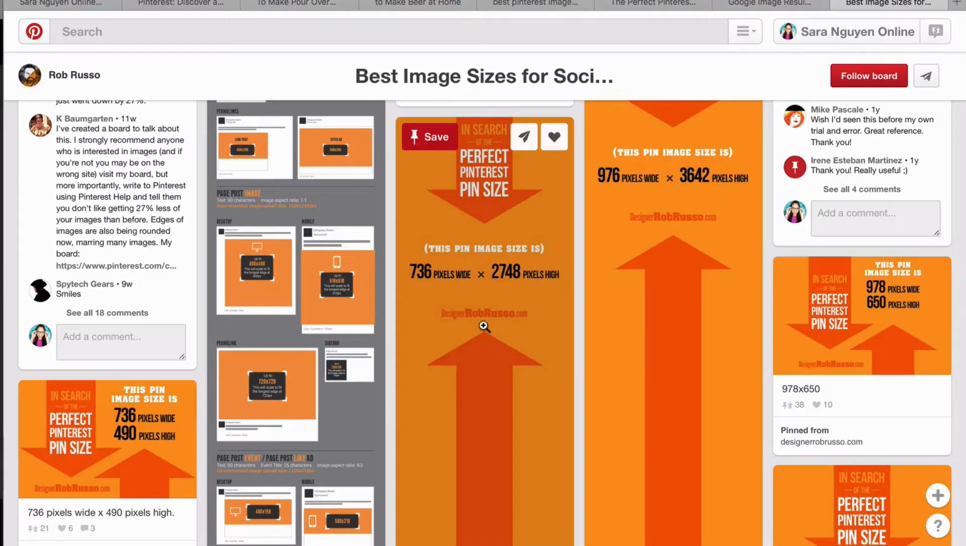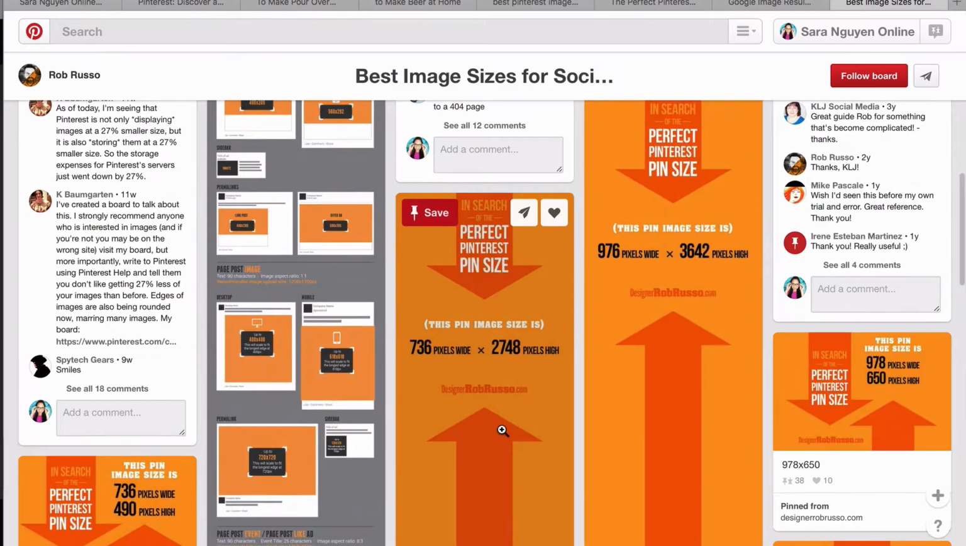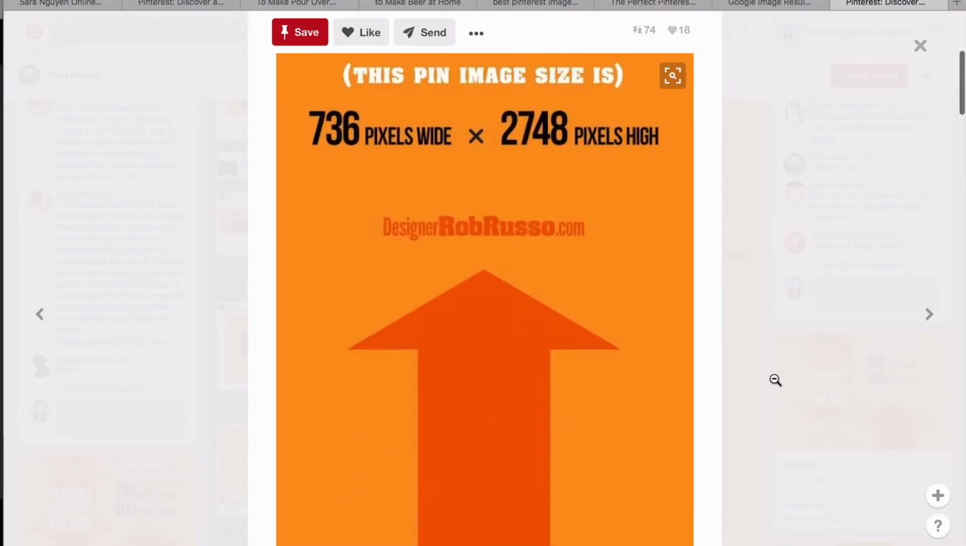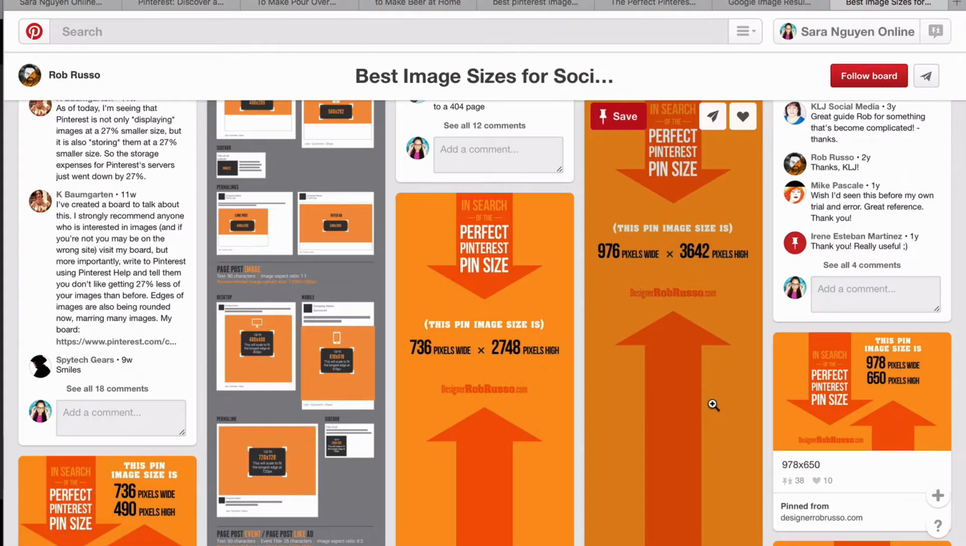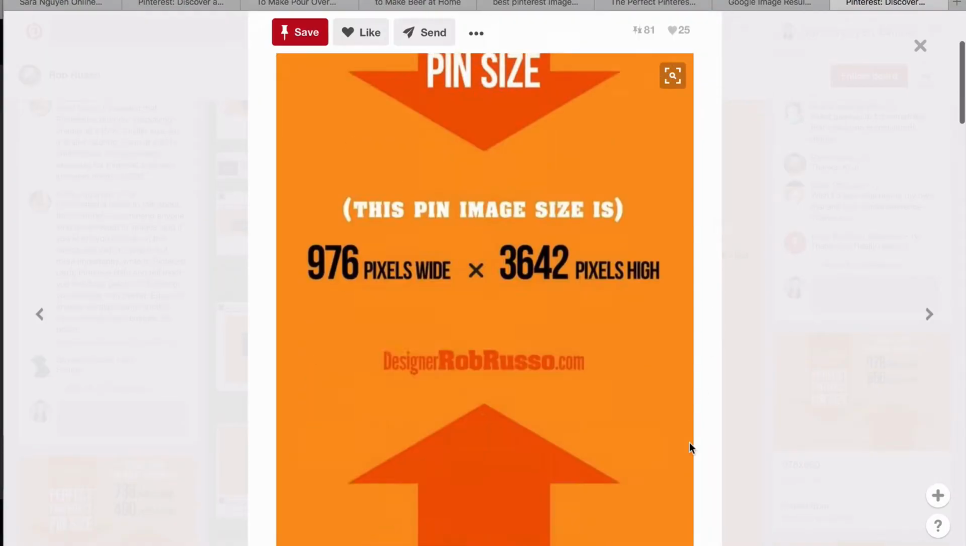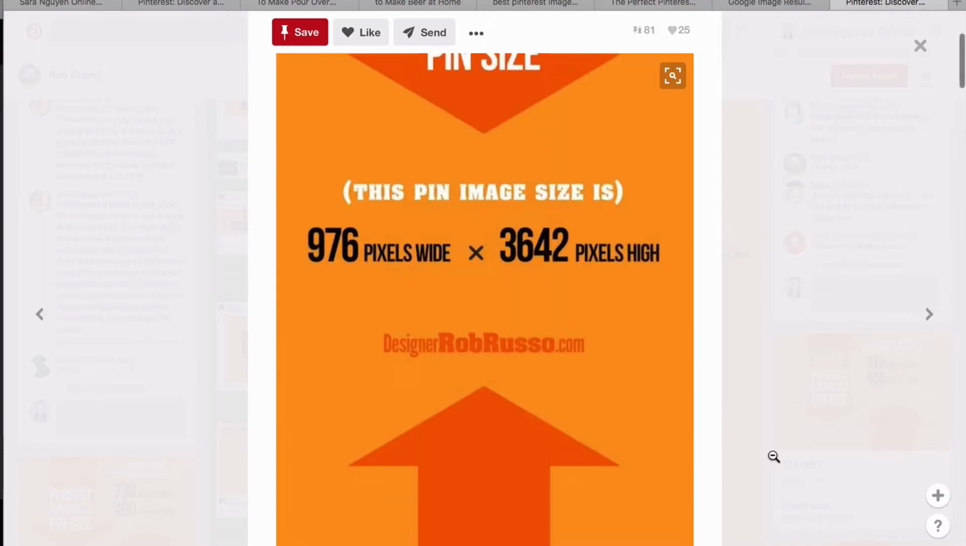So if it's 200 pixels wide, then it's 300 pixels long. Some other dimensions that work well are 736 pixels wide by 2748 pixels high. This size pin appears like this in the Pinterest newsfeed, giving you lots of vertical space. When a user clicks on it, there's lots of space for you to utilize to put your images to create a story and captivate your users. An even larger size is 976 pixels wide by 3642 pixels high. This is an extremely long pin that gives you lots and lots of space to use visually